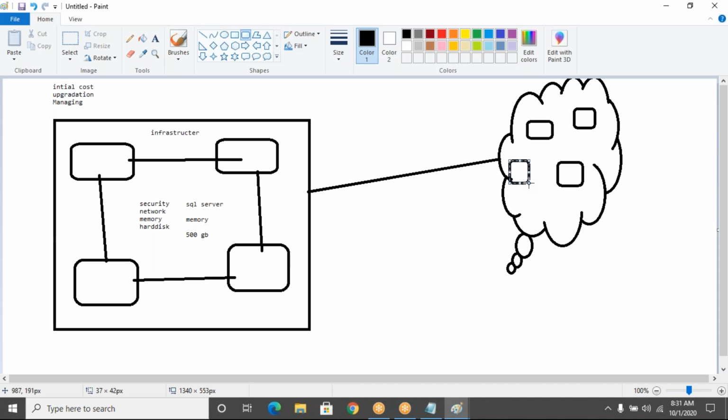If you want more performance, then the charges will be more. That's nothing but quality, you can say. So all these services are managed by Microsoft somewhere in their data centers. So what you will do is try to access them from your computer through the internet.